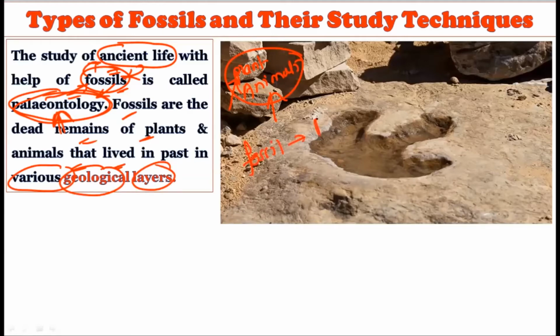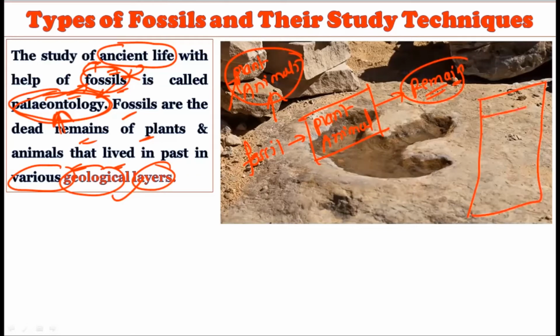A fossil is nothing but a plant or animal remain. Whatever plants, animals, or any other microorganisms there are, their remains are found in the geological layers. Why are we using the term geological layers? Because in the earth's crust there are different layers, and under these different layers specific fossils tend to be found. So we find the fossils in these geological layers, and these are nothing but the remains of plant or animal life, which got preserved in one way or another. There are many natural ways in which these fossils can get fossilized.